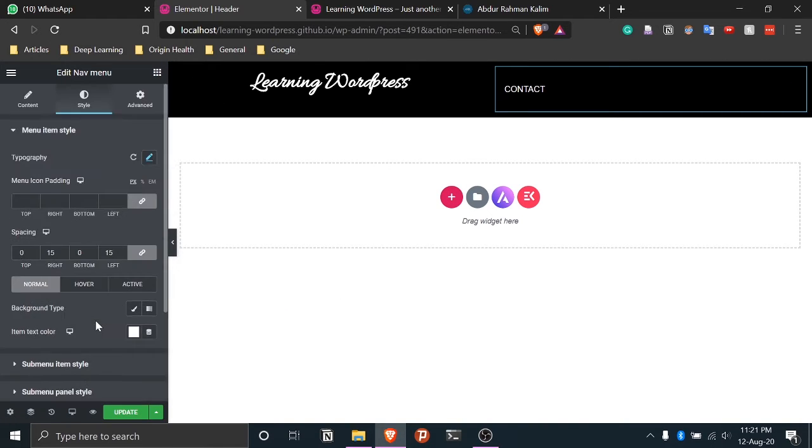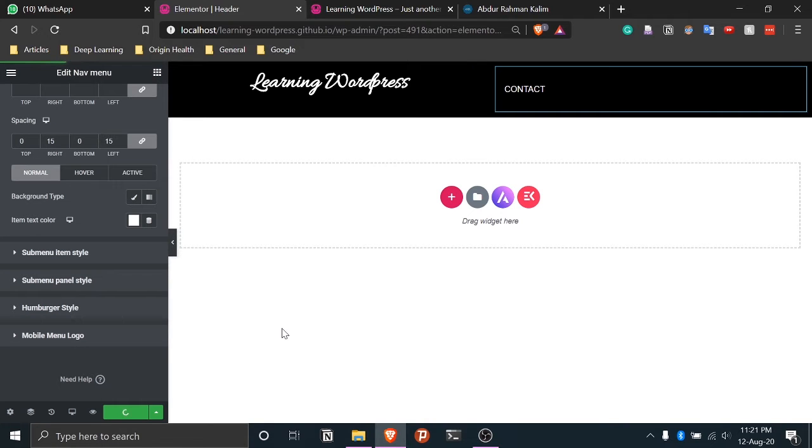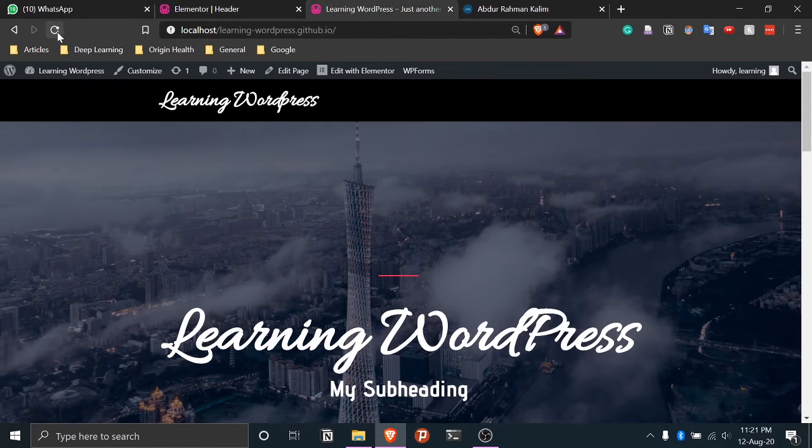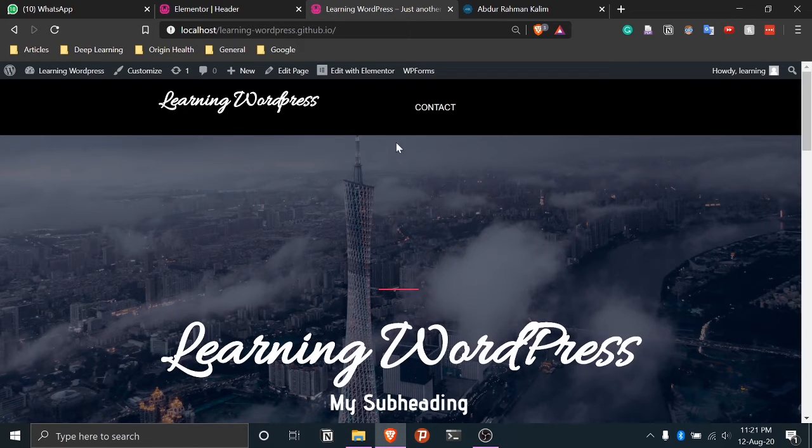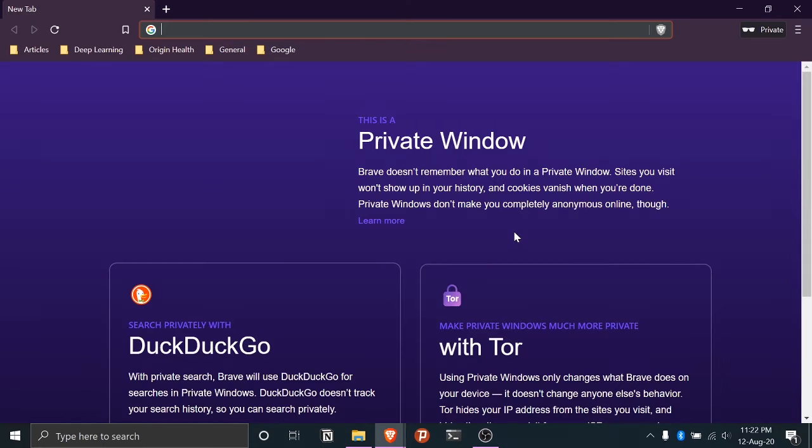That's it. And then if we update this and go here, now this should be visible, as you can see. But there's one more thing: it's actually better to open this in a private window, because otherwise you'll have this bar on top, which will hinder it and won't show you how exactly it's going to look. So it's better we copy this and open a new private window.